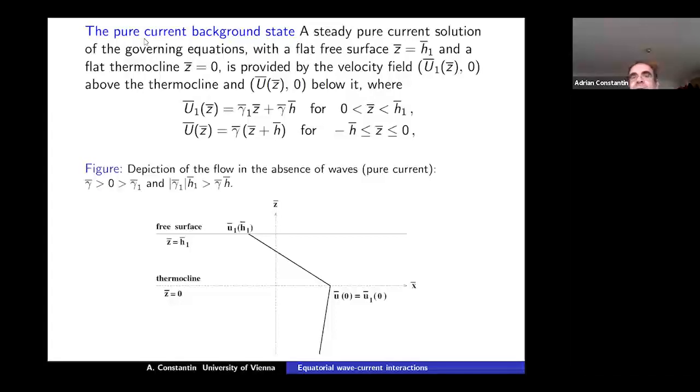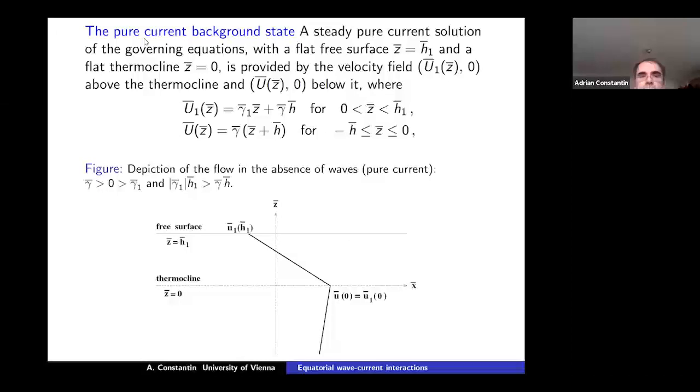And then at the surface, U1 connects continuously at the thermocline with the eastward flow, and at the surface it points westward. And as indicated in the figure, the maximum is at the thermocline, and it's 3 times bigger than the absolute value of the minimum that is at the surface. So this is about the right size, and I take the orientation X in the direction of the rotation of the Earth, so it is eastwards.